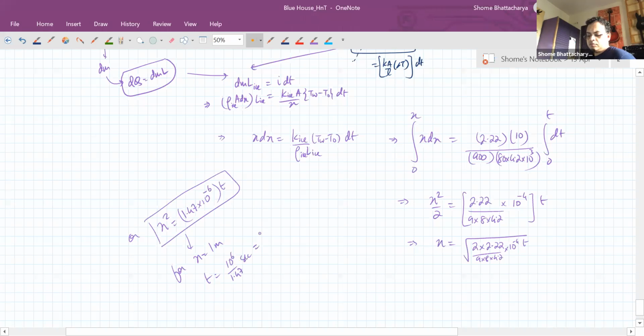So for x equal to 1 meter, the amount of time we require for a 1 meter thick layer, which is roughly 3 feet, okay, a 3 feet layer of ice or 1 meter layer of ice, more than 7 days is required